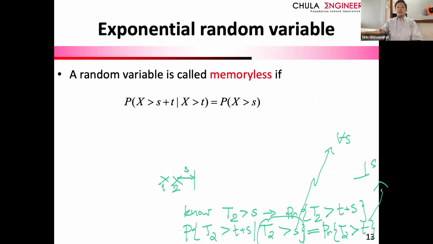Okay, I switch S and T a little bit, but it's the same, right? When I wrote it, it's S and T, here is T and S, okay? So the continuous distribution that satisfies this property is called memoryless, okay? What kind of continuous PDF do you recall that would be memoryless and has mean 1 over lambda? What do you think that distribution should be? We know its mean should be 1 over lambda, and we also know it should be memoryless. Exponential, right? You all learned about this.